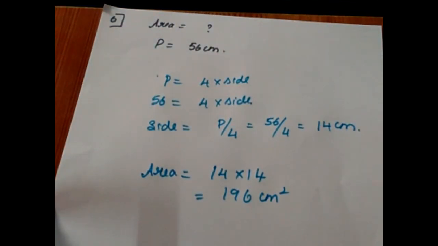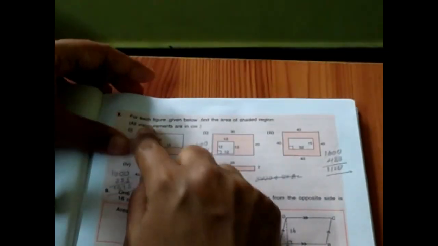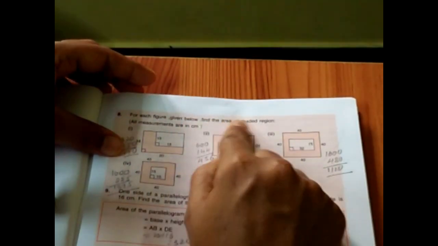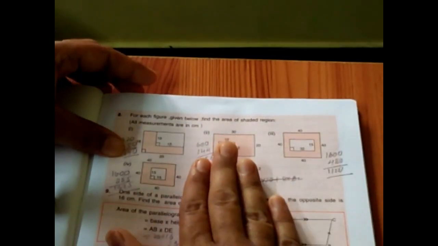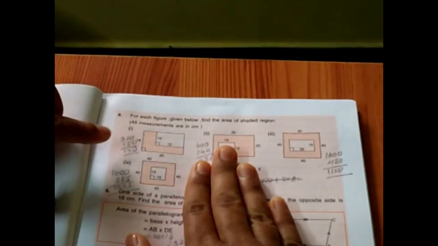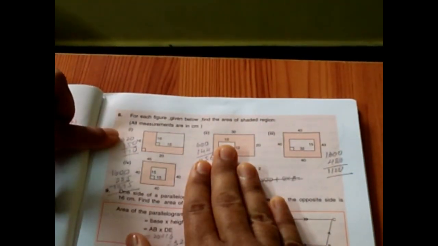So, and the 7th problem is also excluded. Let's straight away move on to the 8th problem. So, which I am going to show it in the textbook as a reference. Very simple and very easy. You have given that for each figure given below, find the area of shaded portion. You have 5 questions. Again, the 5th question is excluded. Concentrate on only 4 questions. Only I have written the solution for you to explain, but you have to show it in steps, children.